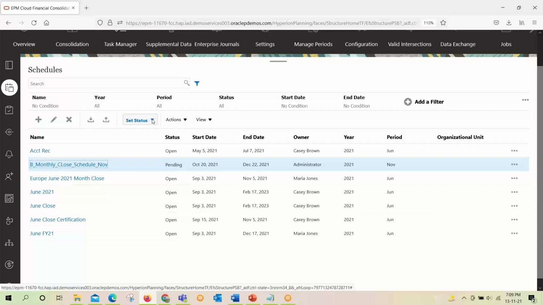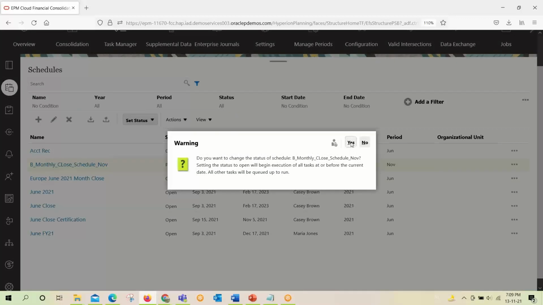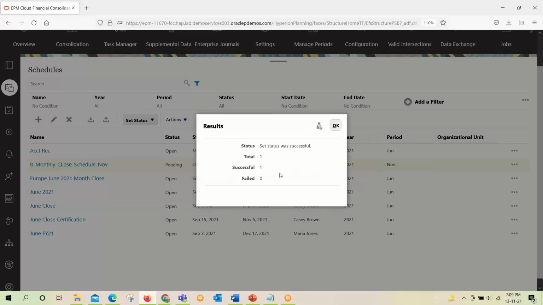After that we have to open it for executing the task and for the flow of email notifications to the users so that they can start their tasks. Only when the schedule is open will the users be able to submit or execute their tasks. So we will open it. We will say yes.